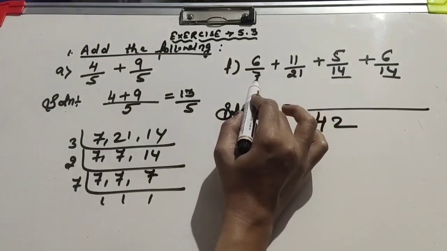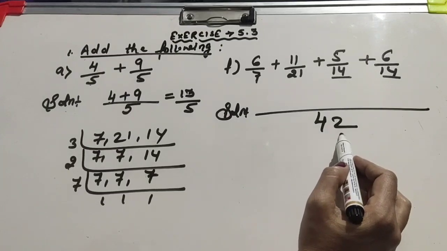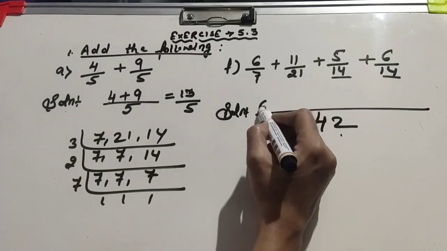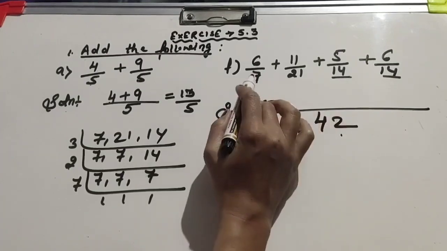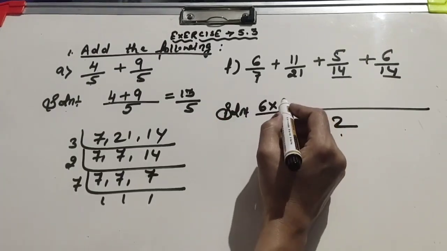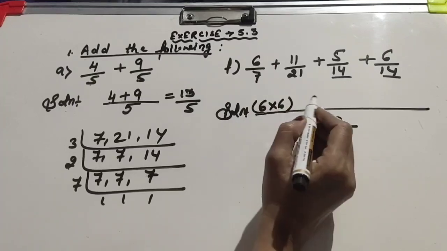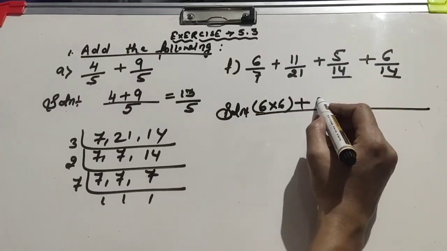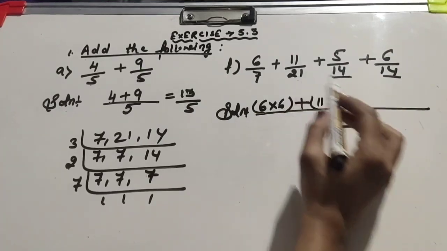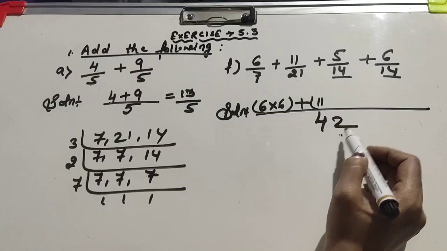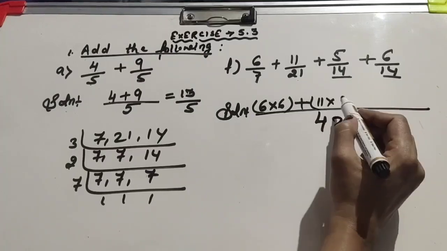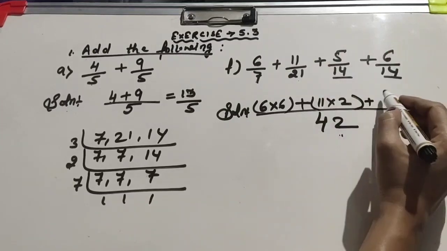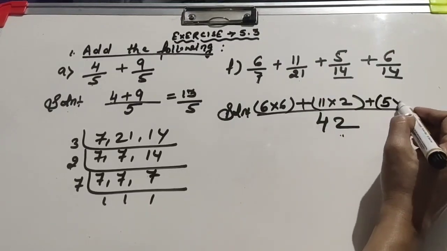Now in the 7 table, 42 will come, yes definitely. How many times? 6 times. So first of all, in the numerator write 6 multiplied by 7, table 42 coming 6 times, just write 6, and in bracket you have to write it, plus sign. Again what is given? 11, write 11 here. In the 21 table, 42 will come how many times? 2 times, so you just write 21 2s are 42, just write 2 here, plus, above it 5 with the multiply sign.